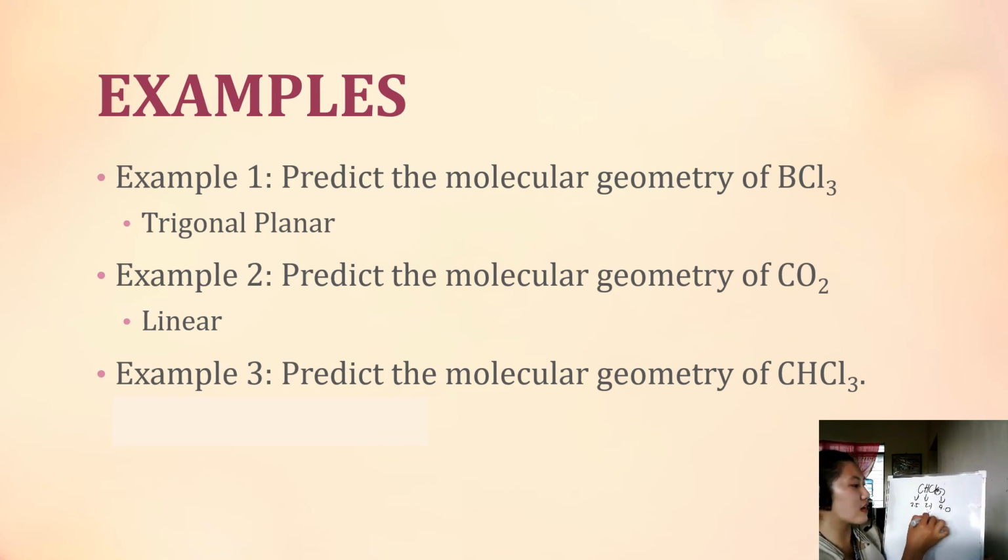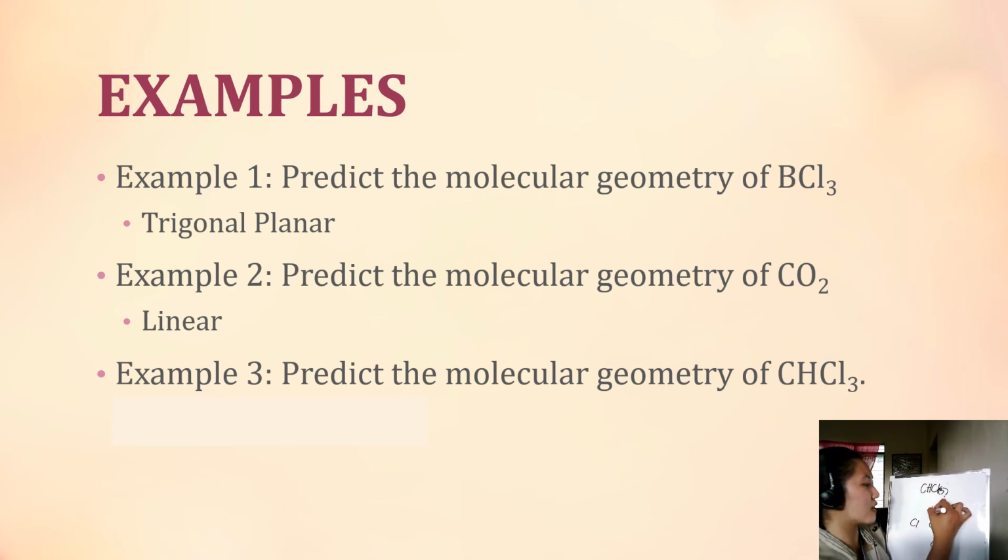Hydrogen will not be the central atom because it is a terminal atom, since it has only 1 electron. So, this leaves us with carbon. So carbon will be our central atom. Central atom, carbon, with Cl3